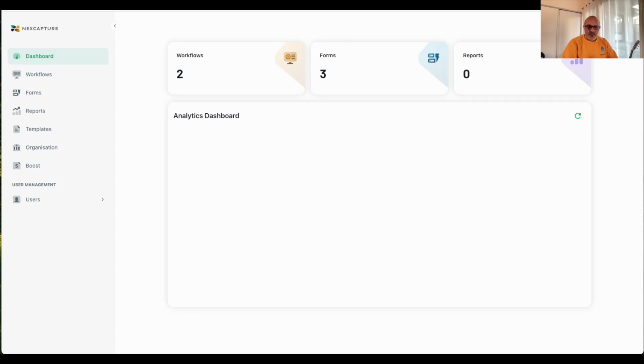Hello, everyone, and welcome to the second session on how to use NexCapture for data collection. In the previous episode, you saw how to generate forms using a CSV file, or maybe start from scratch and then generate a form by drag and drop of form elements. Today, we're going to see how to use the form that we generated in the previous episode and generate a